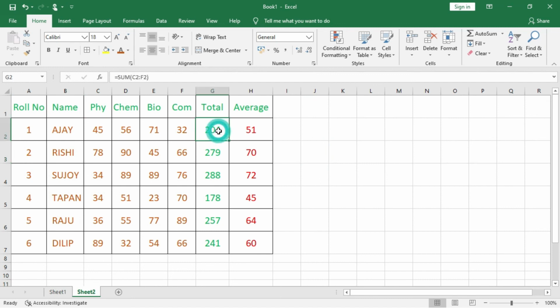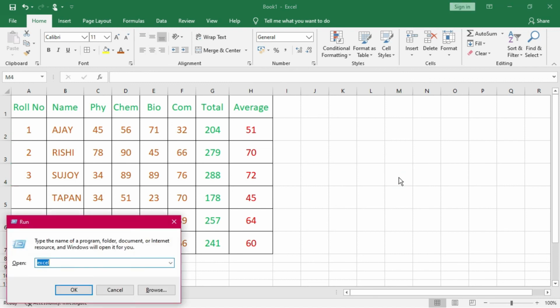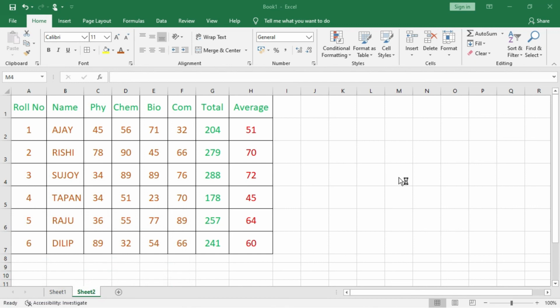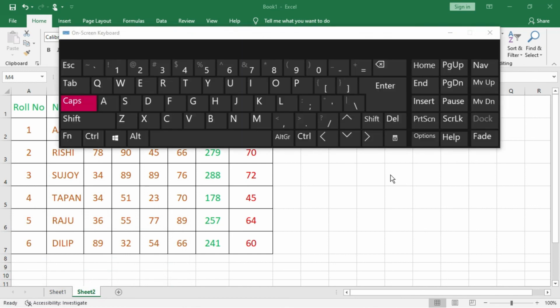Remember this one: if you want to view the formulas, you have to use Control and the backquote key. The backquote key is where I am showing you, on the keyboard. How will you do it? I'm showing you. This is called the backquote key. You have to hold Control and then click on the backquote key. Then what will happen? You will be able to enter the formula mode. Now you see I am pressing it, Control and then backquote.